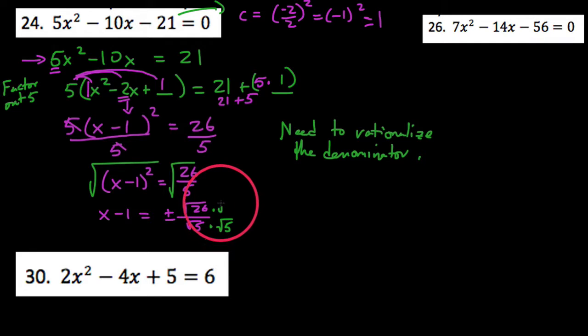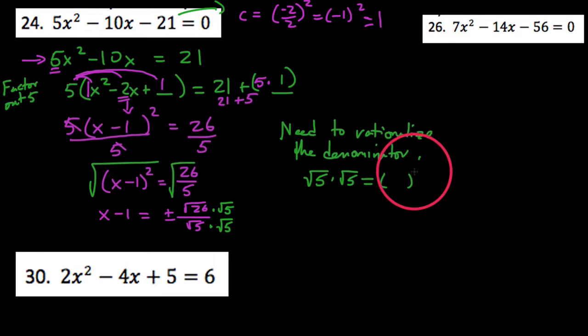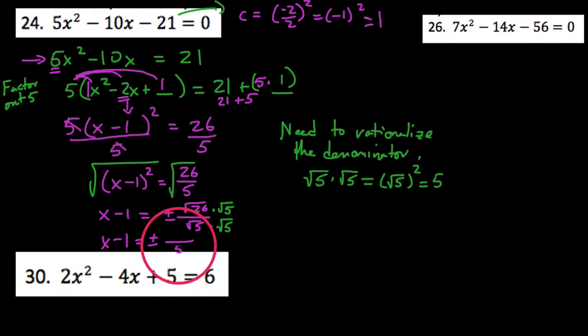And what we're going to do is multiply both by whatever the square root of the bottom was. The reason why is because when I take the square root of 5 times the square root of 5, that's really the same thing as the square root of 5 squared, which comes out to be 5. So what I end up with is instead this: x minus 1 equals plus or minus, all over just a 5 now, the square root of 26